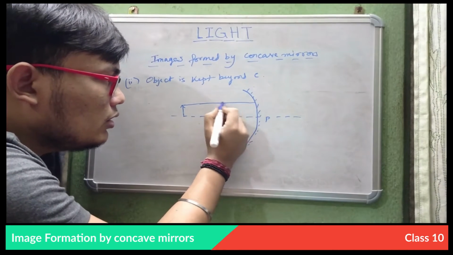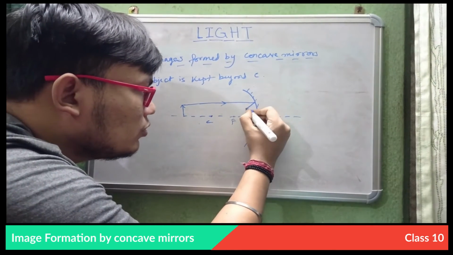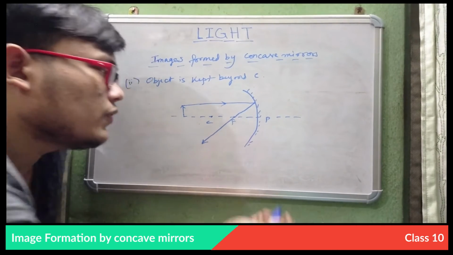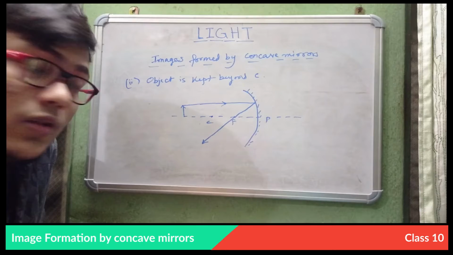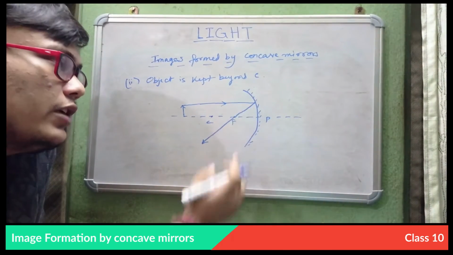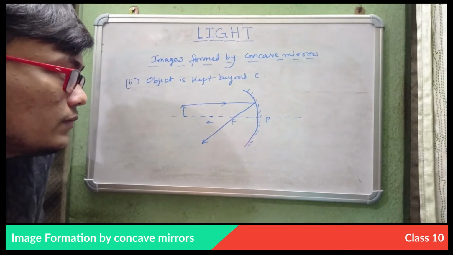So it is parallel and it will pass through focus, right? So according to the first rule, it will be parallel to the principal axis, and after reflection it will pass through focus. Okay,